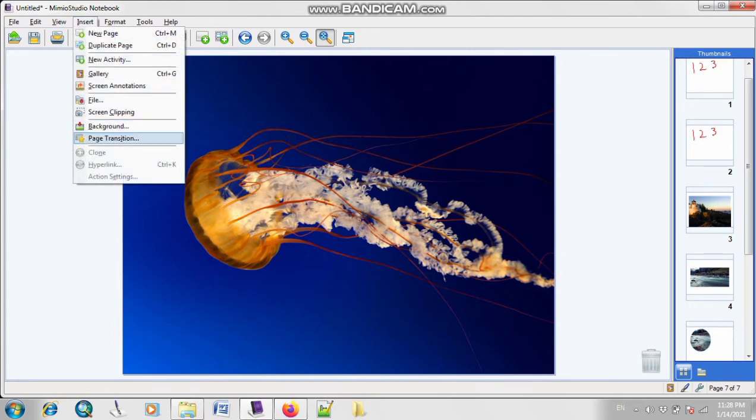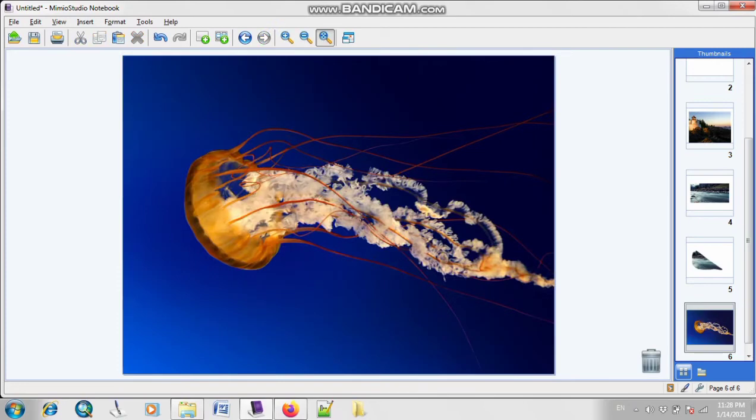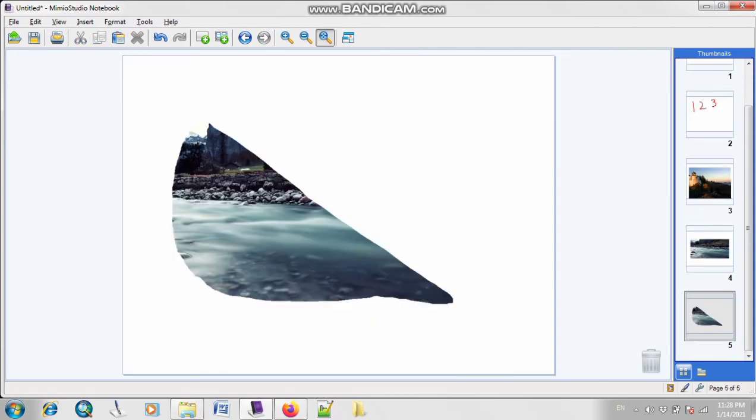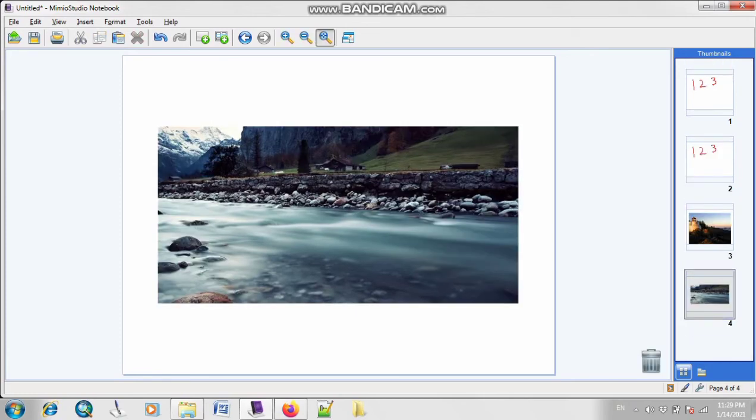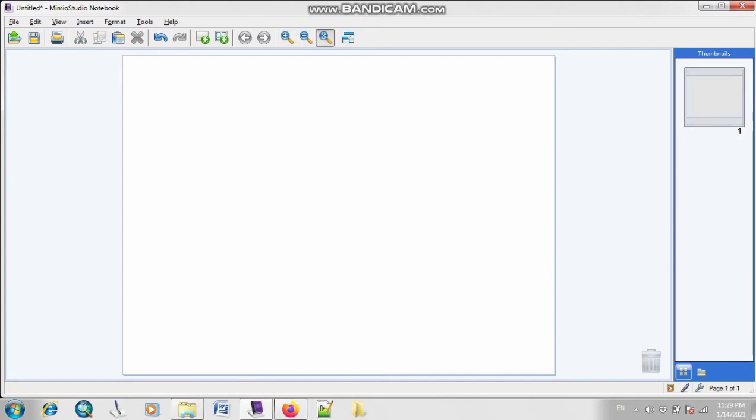Okay, the next option is page transition. You all know that page transition is basically the movement of your pages or your files from one location to another. For example, let me delete all these files. You can also delete your files if you click on this option of your page and drag it to your dustbin. As you can see, this is your recycle bin, or you can also call it your dustbin. If you place files there, they will be deleted. So right now I have deleted all the files.